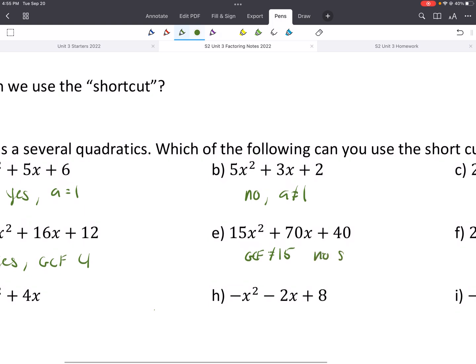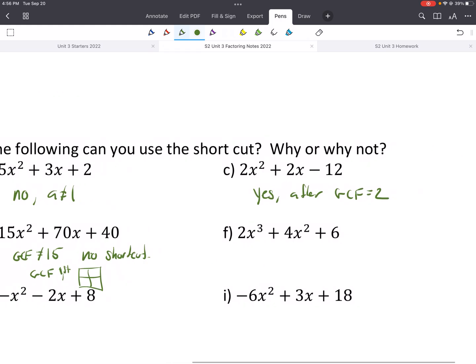No shortcut. So here we would need to take out the greatest common factor and then would do glasses. Would have to do like grouping, use a box. Okay. F, looks like 2 goes into all of them. Okay. This, please pay attention to this. If you factor out a 2,